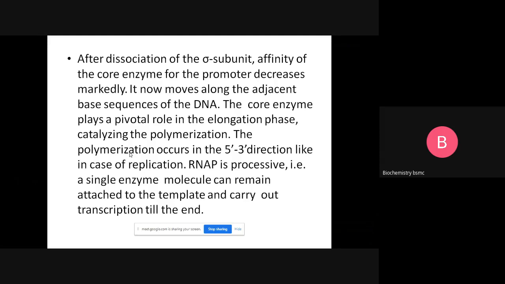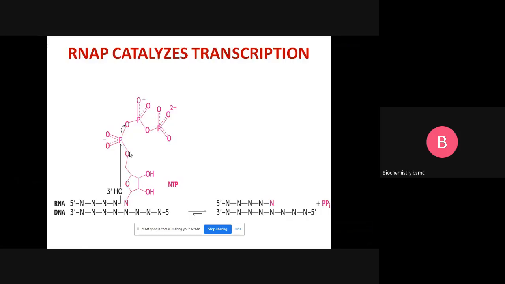Important point to note here, what is written over here: RNA polymerase is processive. Processive means that one polymerase enzyme will complete the whole task. It will not be exhausted. One polymerase will do the transcription of one gene completely, and thereafter another polymerase will come, and another set of transcription will occur. But it is not that one RNA polymerase enzyme partly does it and then another enzyme does. Processive means one single holoenzyme does the total task till the end. Rather, it may transcribe more than one.